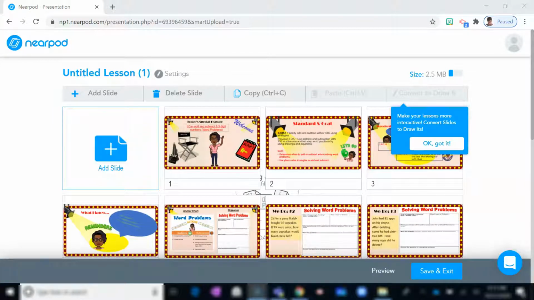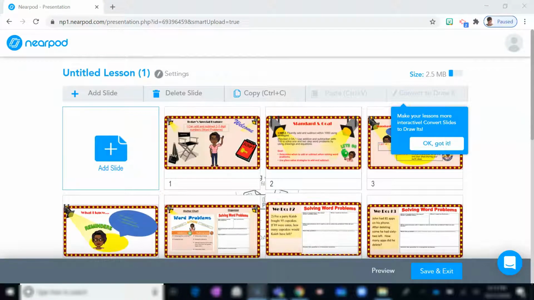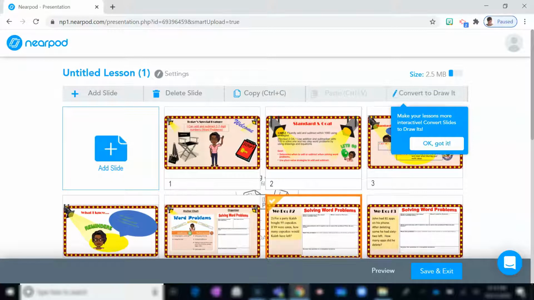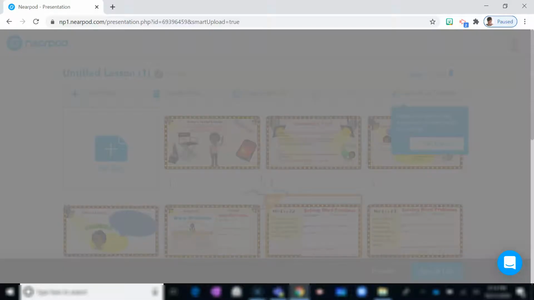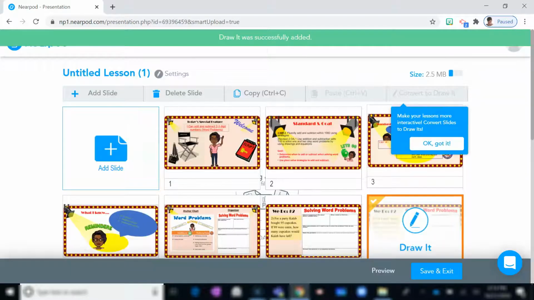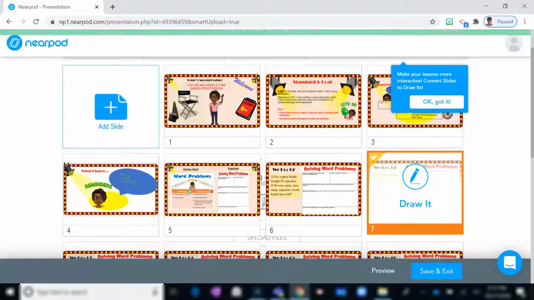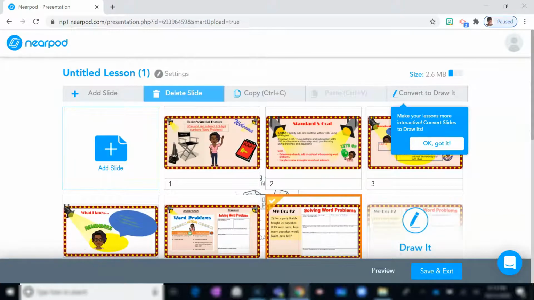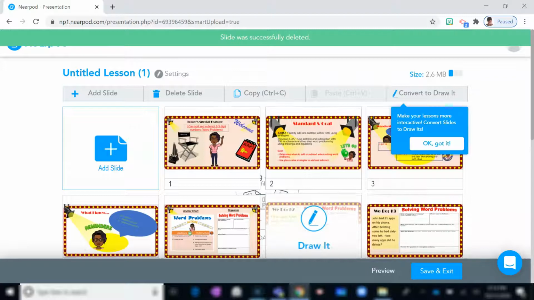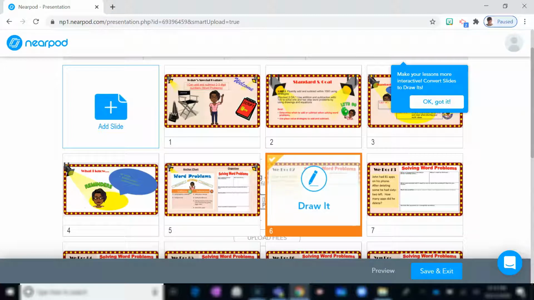After deleting slides that you don't need for this Nearpod, you can then select slides that you'd like to use to convert into a Draw It activity. So I will choose this one, and up here in the top right, here it is, convert to draw, select yes, it will populate, and here we have the original slide and then the Draw It. And since I don't need a duplicate, I'll go ahead and delete the PowerPoint slide, and now this PowerPoint slide has been converted into a Draw It, and if I want to preview it,